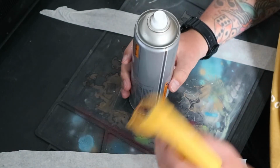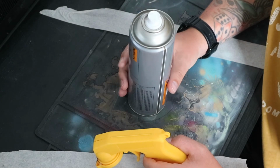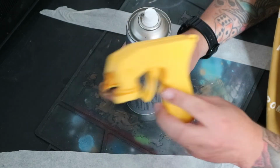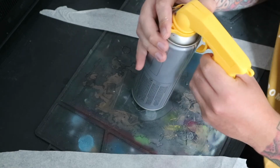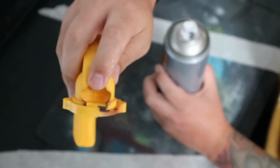I did my local Warhammer shop's ZM terrain for the Necromunda stuff that came out last year, and spraying all of that with this was so handy. It's just basically a little trigger thing, and as I say, it is 99p in the shop. And all you do is, it's got a little bit there, a little trigger. You make sure that hole,